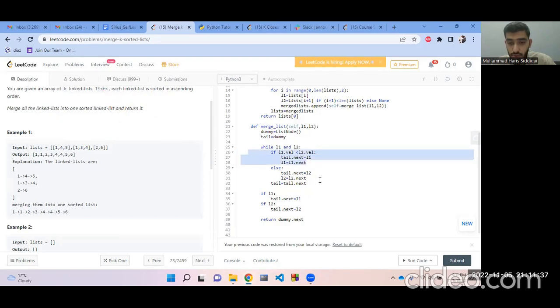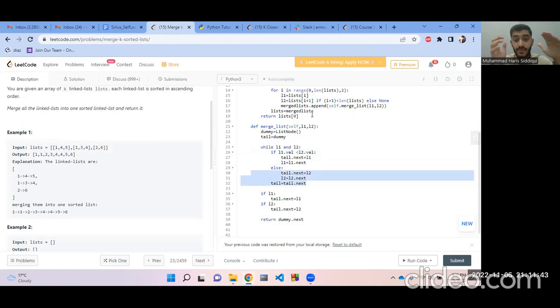These conditions are used for comparison, to see which value is greater and which value is less. The lesser value is considered first. After that, I update the tail node. It is updated every time. So we use this condition, this condition, this condition. After that, for example, if we had a case like